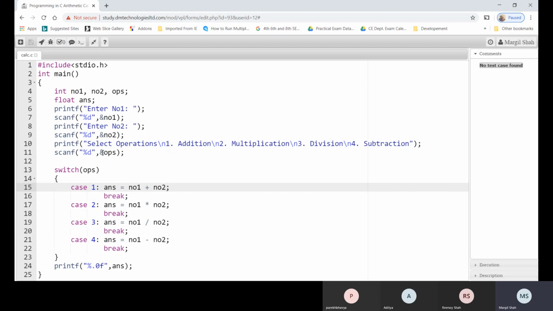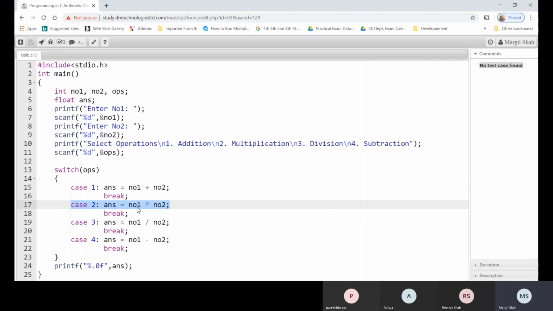So from here, there is switch. Now for you, what is switch? It is yet pending. We will discuss it in the next lecture, so don't worry. But right now, just try to understand: switch is nothing but whatever you are passing over here, like 1, 2, 3, 4, it may automatically switch to that particular case. As we have passed 2 over here, it may switch to case number 2, where answer is equal to number 1 into number 2.